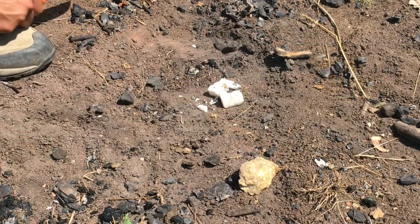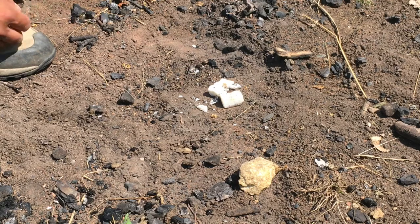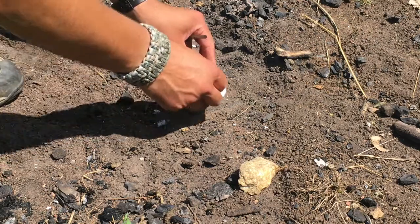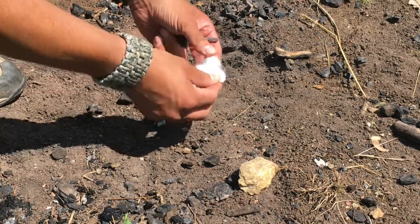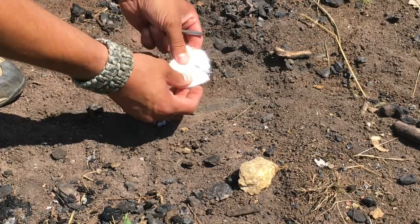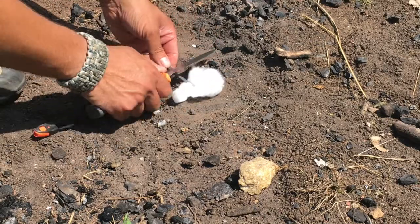And now that's struggling to get going. So maybe not the best system. Let's go on to the next one. So this one, guys, just normal cotton wool. Fluff it up a little bit. Get a nice surface area. Hopefully